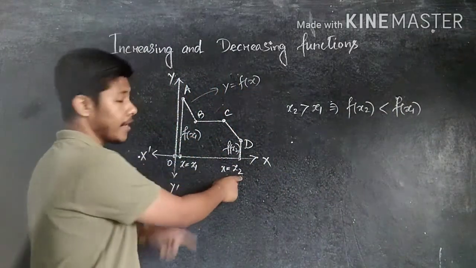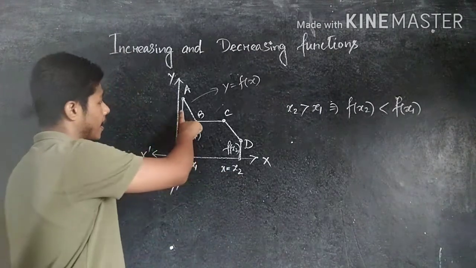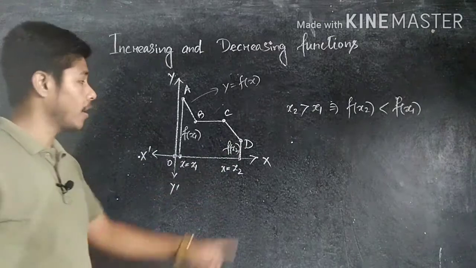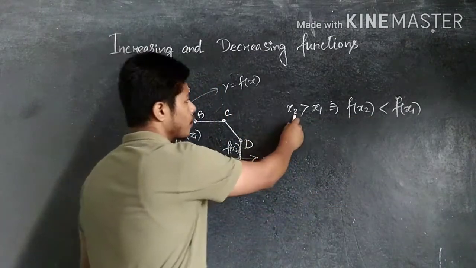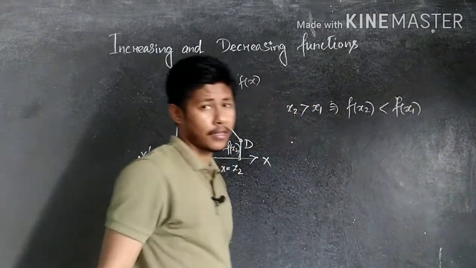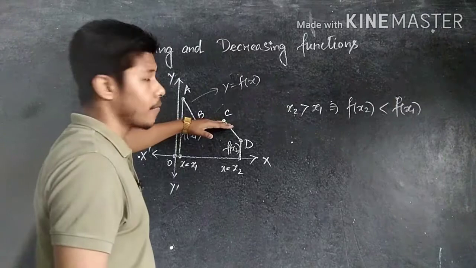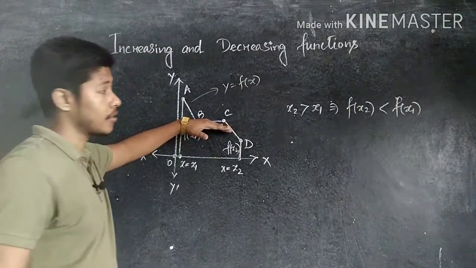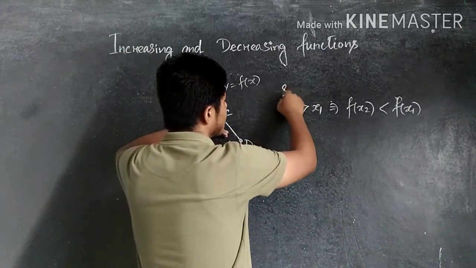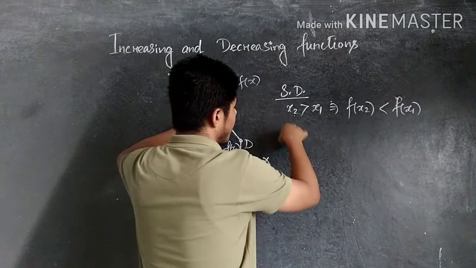But in this case, the condition is totally opposite. No doubt the coordinate x2 is greater than x1, obviously, but the length of f of x1 is greater than f of x2. So that's why we get strictly. So this one is for strictly decreasing function. And if in some places the results are equal, then this one is for strictly decreasing, and if we write for